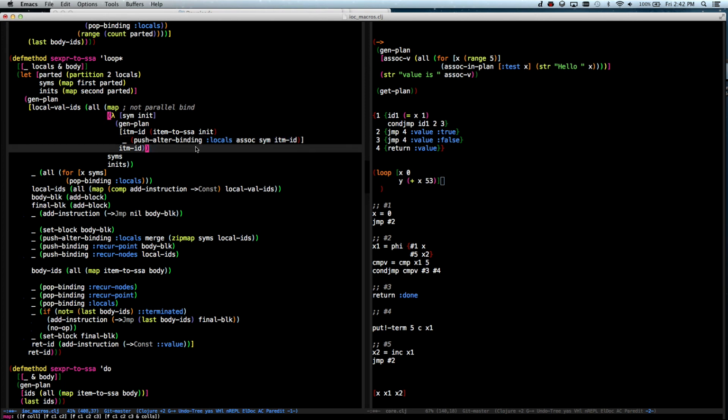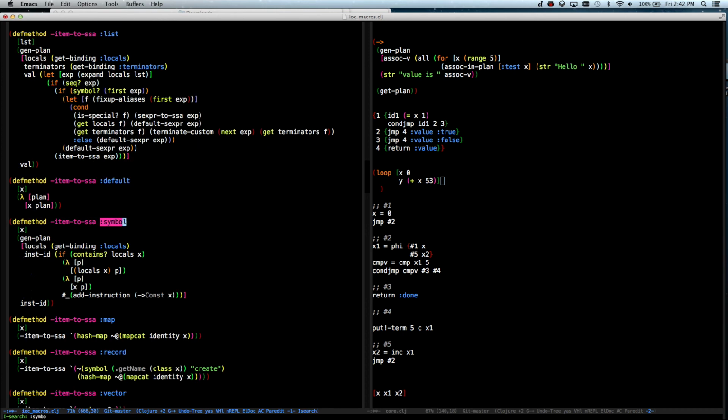So now, this is interesting, if we go up to symbol here, so item to SSA, if we want to compile a symbol, we just do a GenPlan, we get all the locals, that binding, right? Get binding locals, and we say, if this variable is in the locals, right, then we're just going to emit the usage of that as the value. And I'm trying to think of a better way to say that. So what that means is that if we